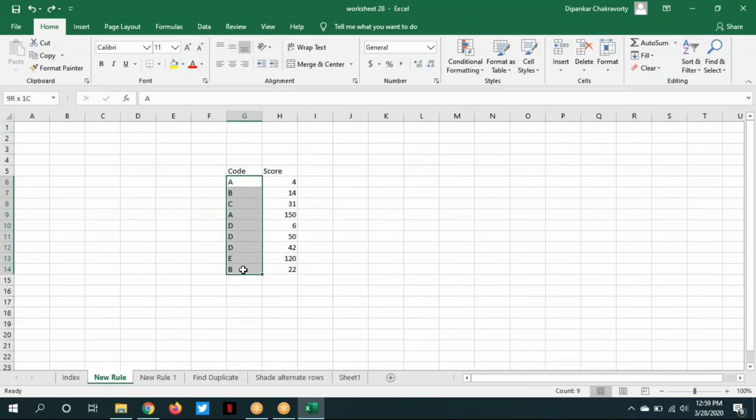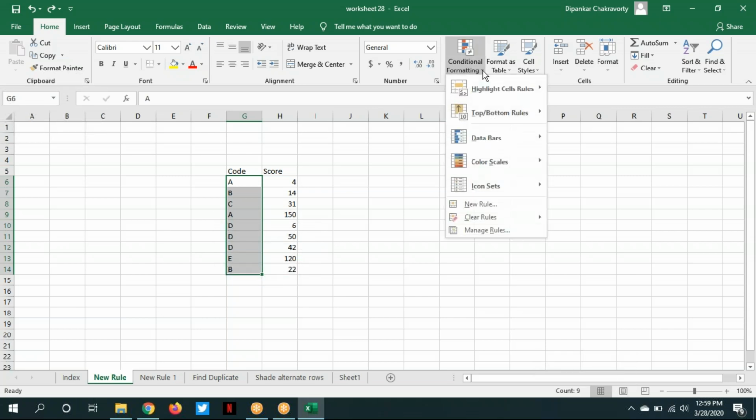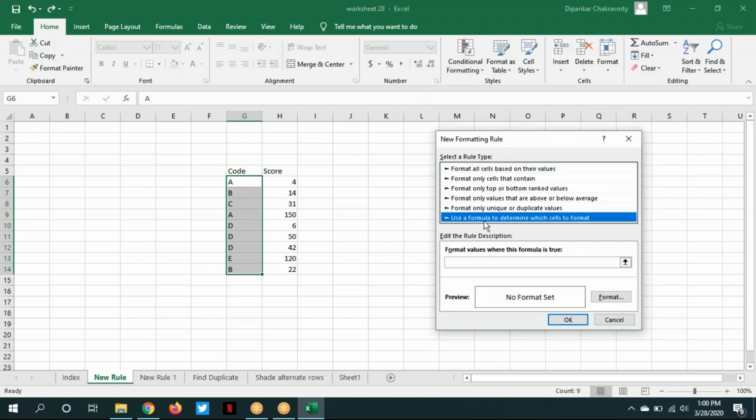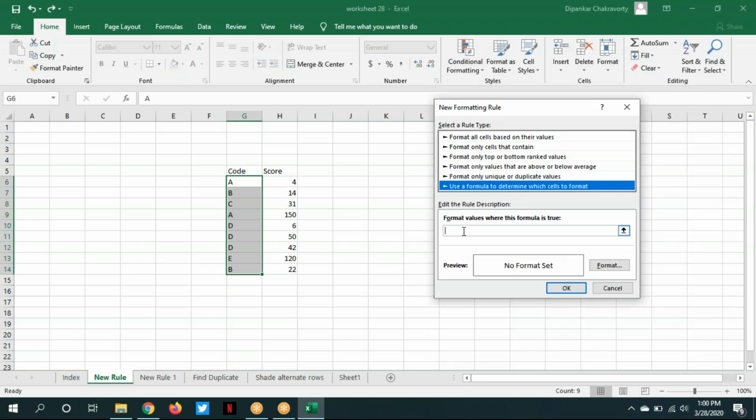Again, let me select this. I need to highlight this. I come to the conditional formatting, new rule. Let me see if it works or not. Multiple conditions to be satisfied. So I will type with AND